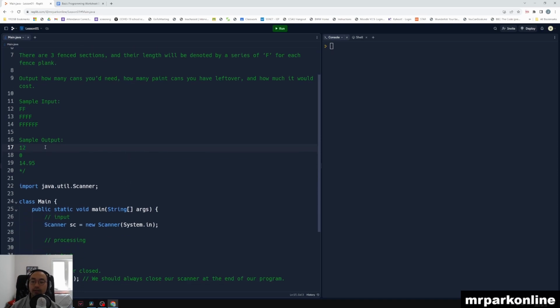So if we look at our sample input, the first side of our fence section required had two planks that need to be painted. So we have two Fs. We have 4 planks on the second one, and we have 6 planks on the third one. If we total that up and do some processing, we're to get the output of we need 12 paint cans needed. There were 0 left over